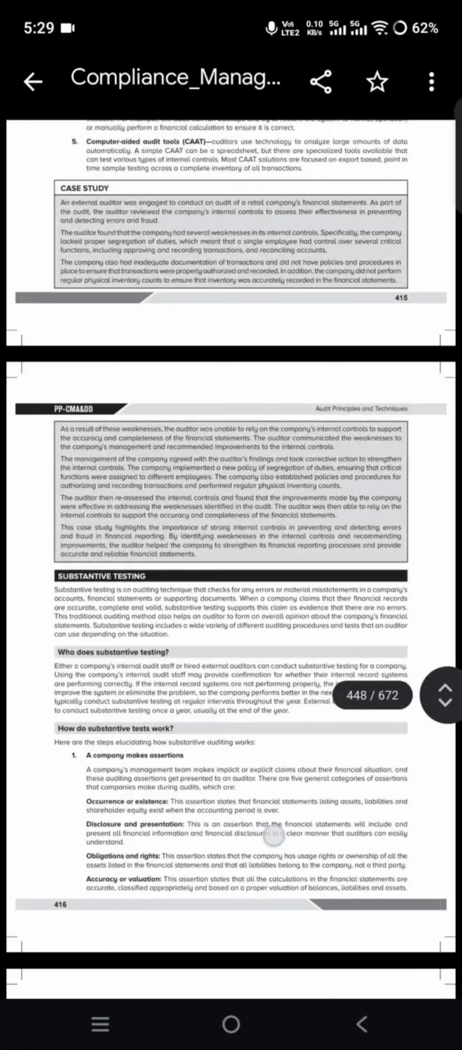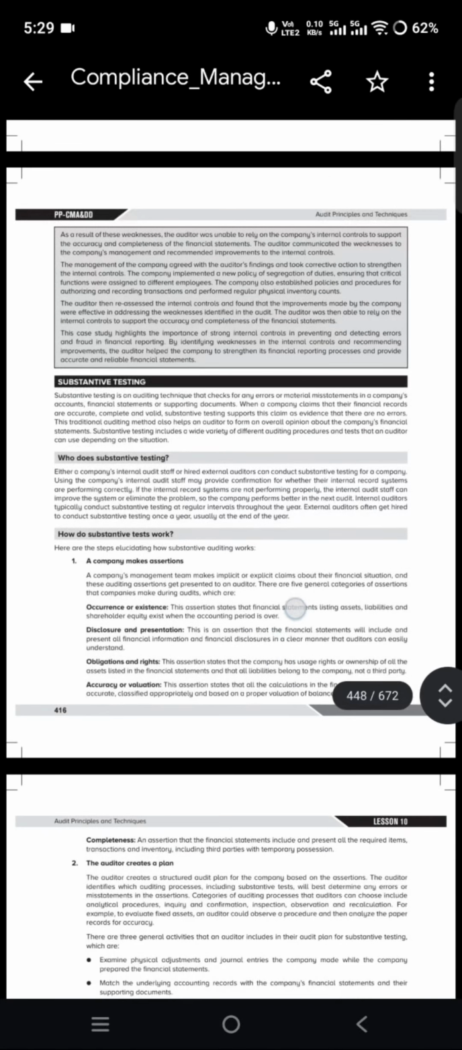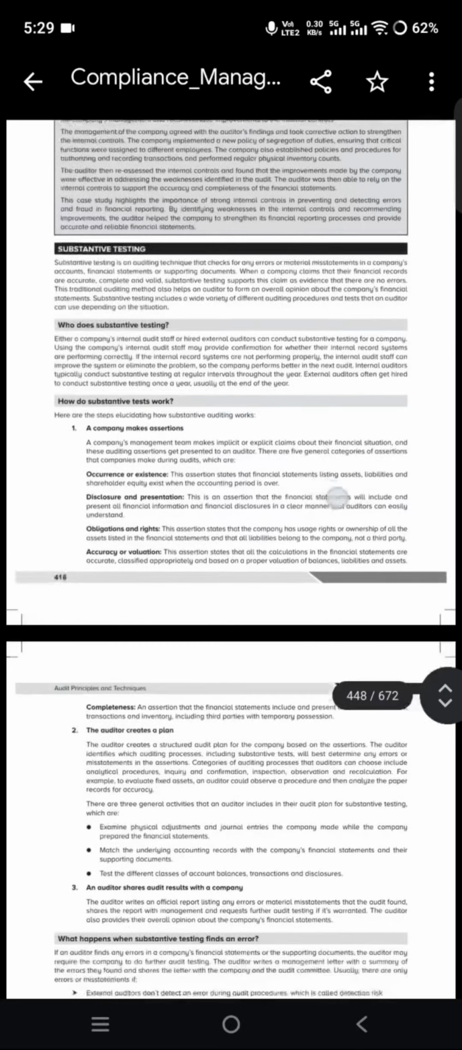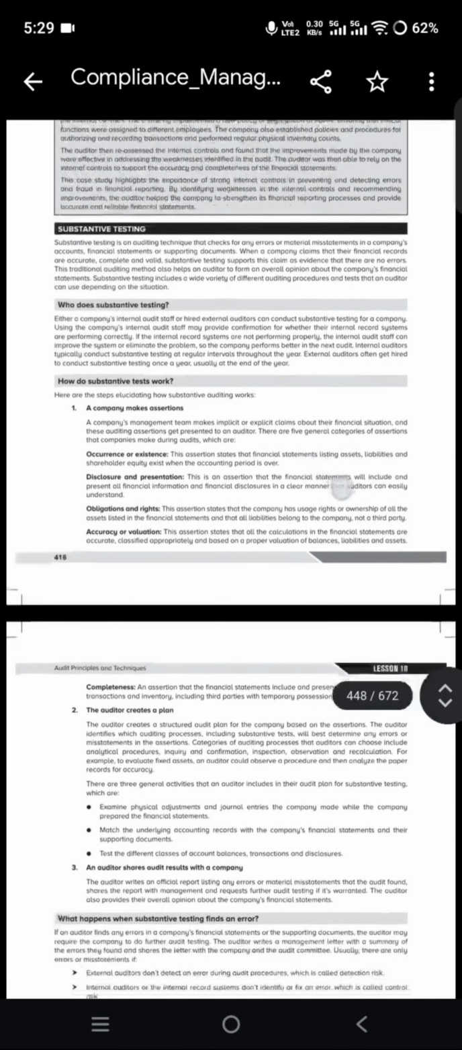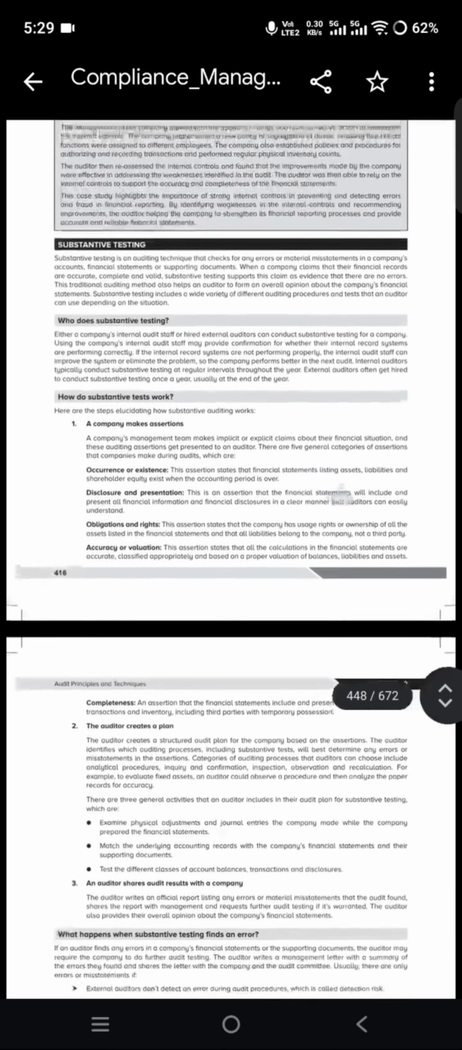Assertion means declarations. A company makes assertions: occurrence or existence, disclosure and presentation, obligations and rights, accuracy or valuation, completeness. And next, this is the first one, related to assertion. The company makes an assertion. The second point is, the auditor creates a plan. In the plan, three general activities